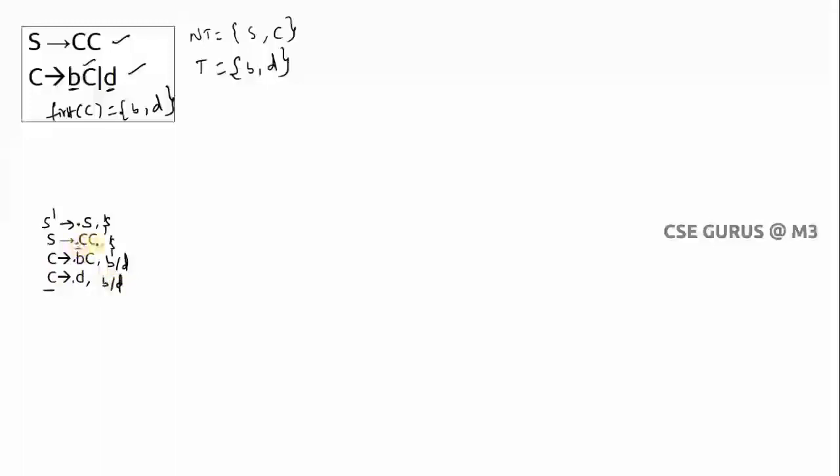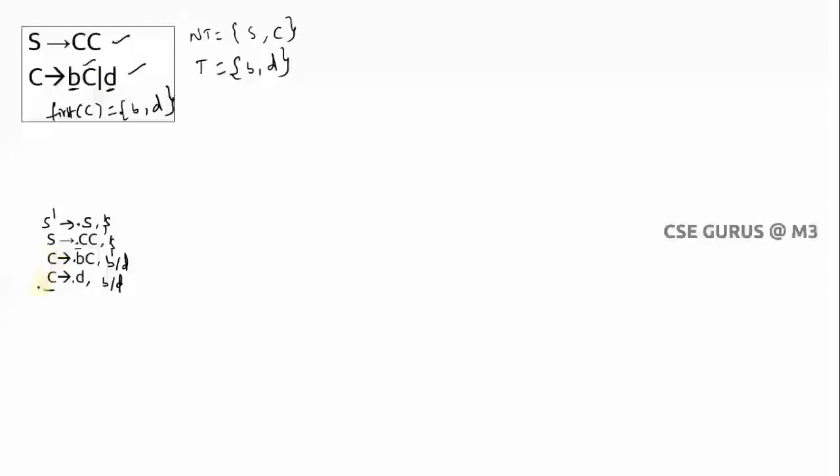Let us suppose after dot C you have S here, what you need to do? After dot C you have a symbol S, which means you have to find first of S. What is first of S? You need to find, so that you need to write. Some other symbol is there. Let us suppose I am writing S tends to dot C and some terminal is there, plus. So what you need to write after dot C? Plus is there. What is first of plus? Plus only. So here for C tends to, you need to write only plus. Here also plus. Why? Because both have left hand side as non-terminals. So like this we need to consider.